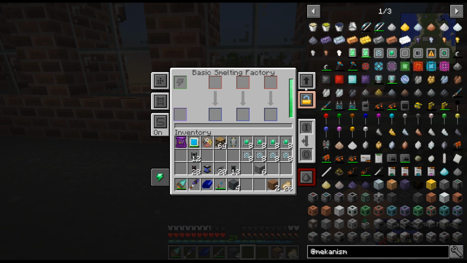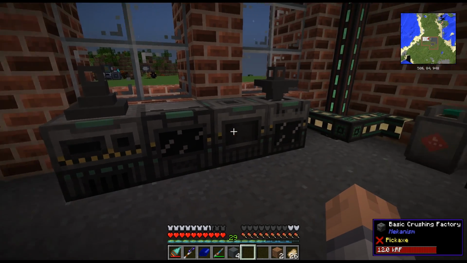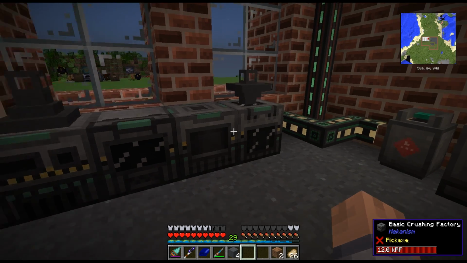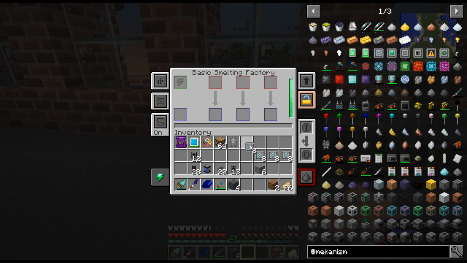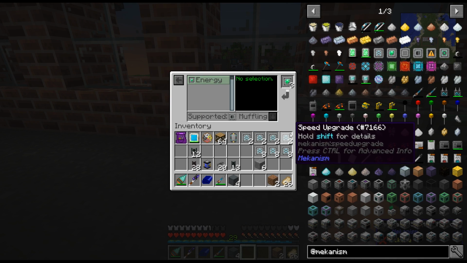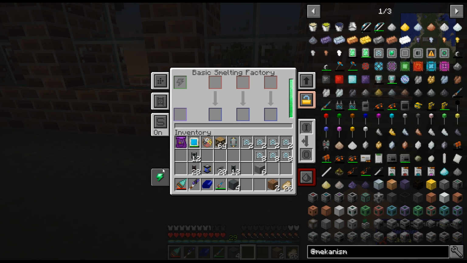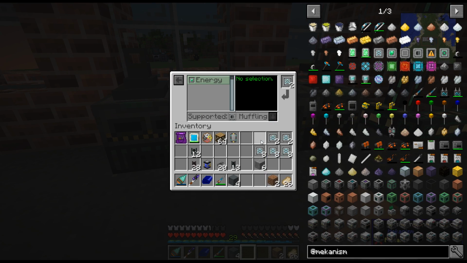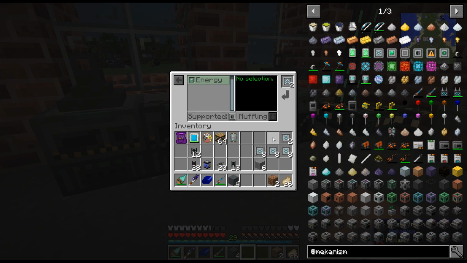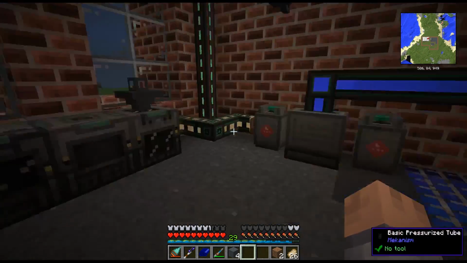Okay, so we definitely want to have the 8 energy upgrades in each one of them. I like those. The less power we need, the better. And then speed upgrades, I think I'm going to start with 2 on each, because I'm not sure how much power I can afford with these, right? Let's just put 2 in each for right now. And then we'll see if we need to upgrade that. Because again, once I got all the backlog gone from my ores...